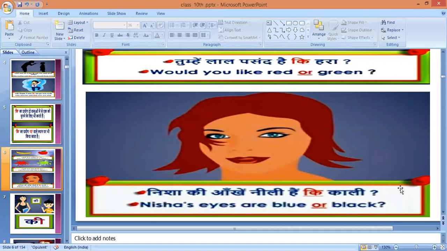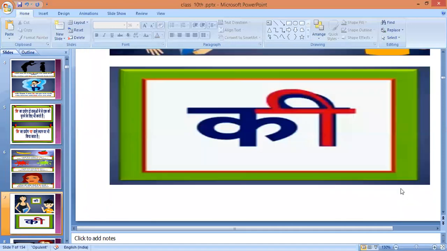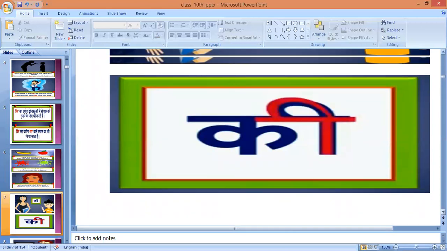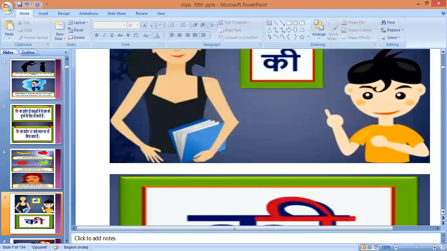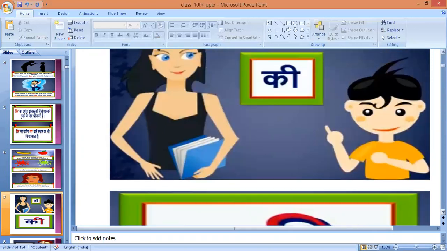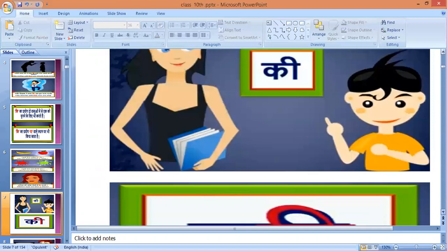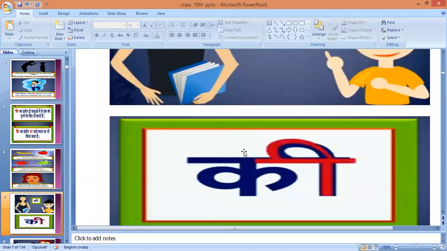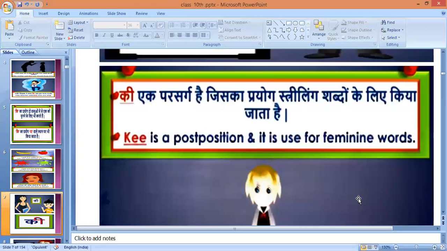Now next one is the long pronunciation key. Here you see this long pronunciation key is with a red marker. You have seen that for the short pronunciation the matra was on the left side. Now it is on the right side. हम हिंदी में बड़ी ई की मात्रा कहते हैं. What we say in Hindi? बड़ी ई की मात्रा. Now we see where we use it.